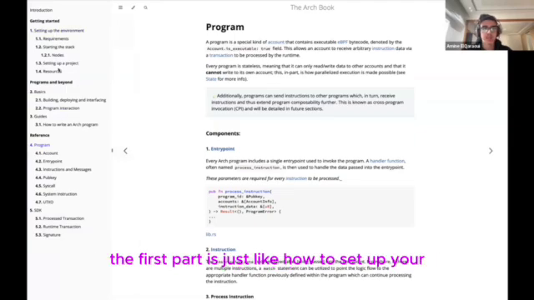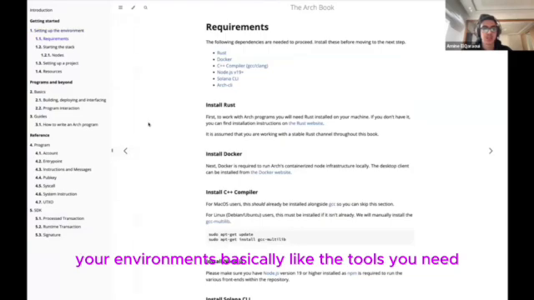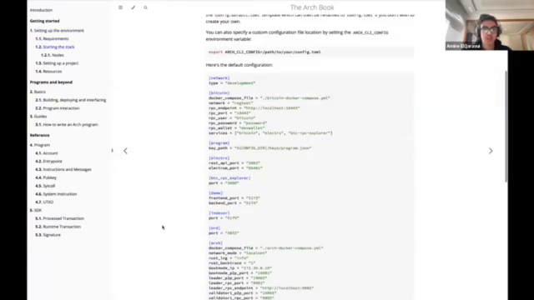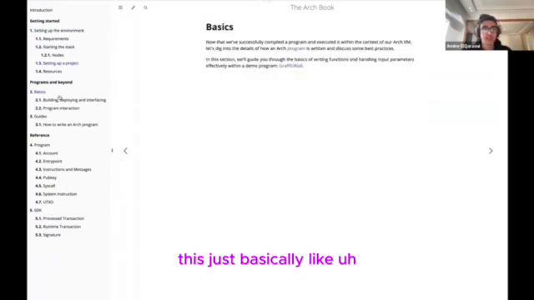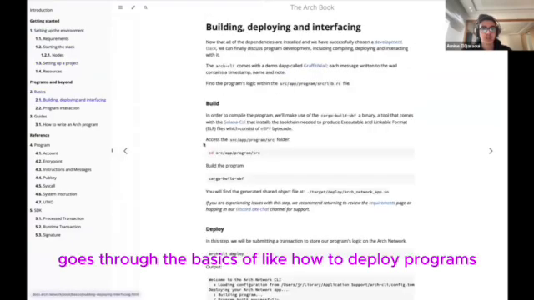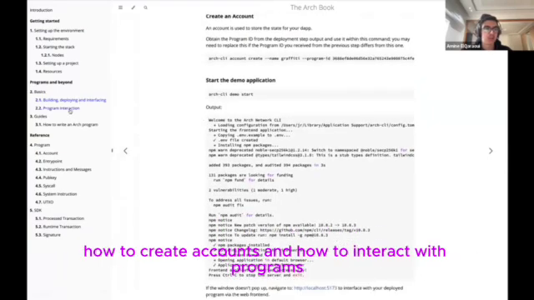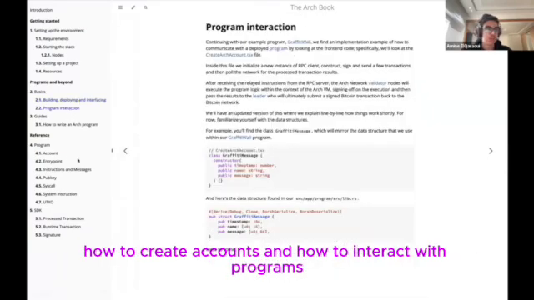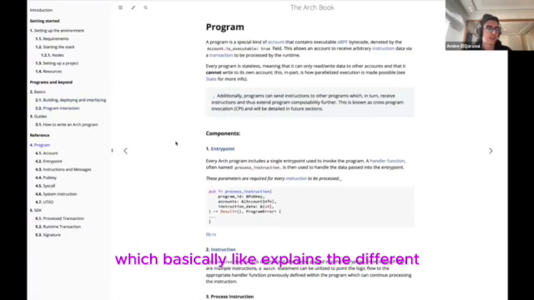The first part is just how to set up your environments, basically the tools you need, how to use them, and all the configurations that you will need. This basically goes through the basics of how to deploy programs, how to create accounts, and how to interact with programs. But I'm going to be focusing on this section, which explains the different data